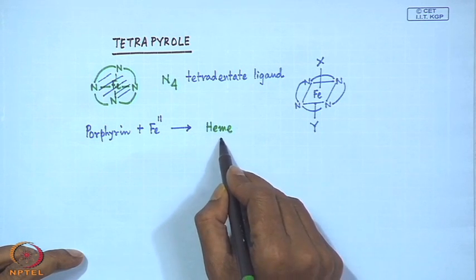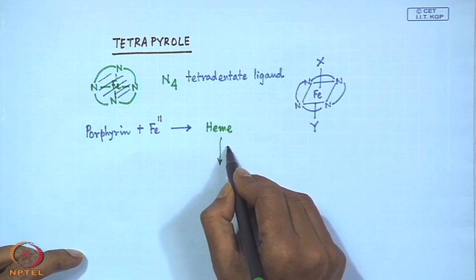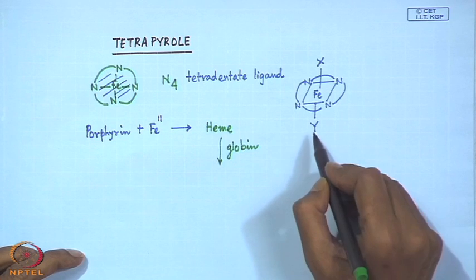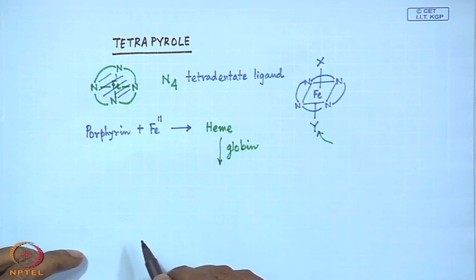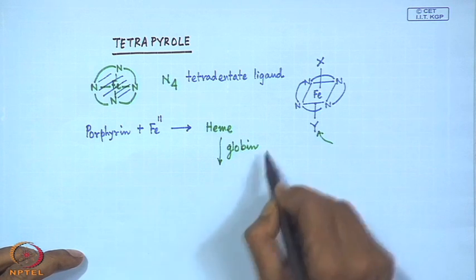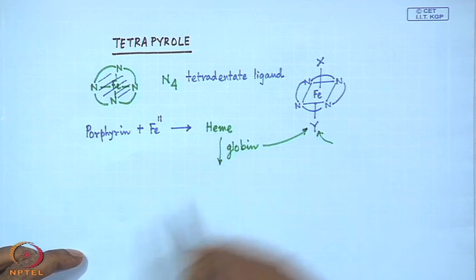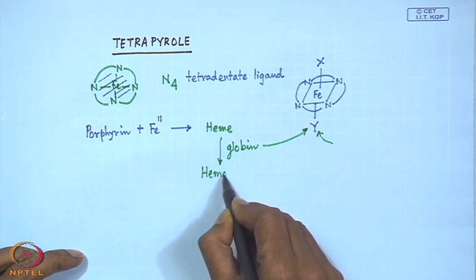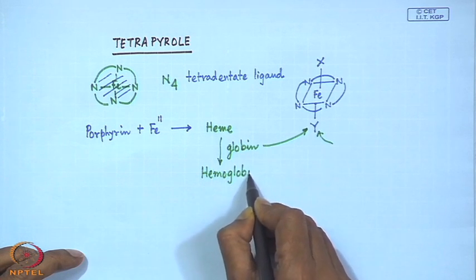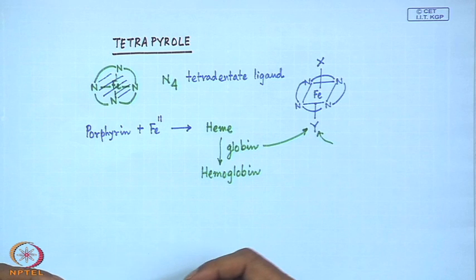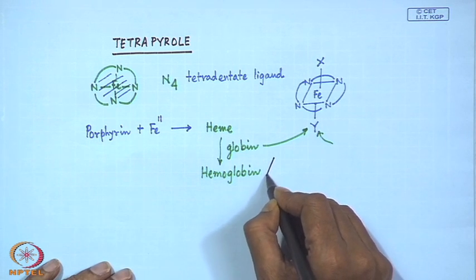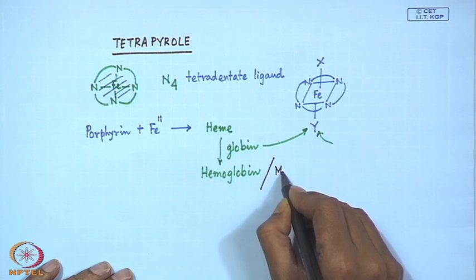and when the protein chain is coming, which is globin, and this particular globin is responsible for the coordination from this Y. So, the globin is basically responsible for coordination from Y, we get hemoglobin, which is present in our blood, and hemoglobin is the molecule which is responsible for our oxygen trapping reaction. So, there are not only hemoglobin, but also we can have the myoglobin molecules,